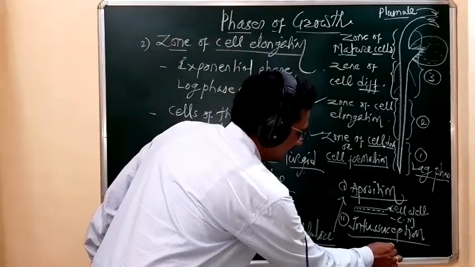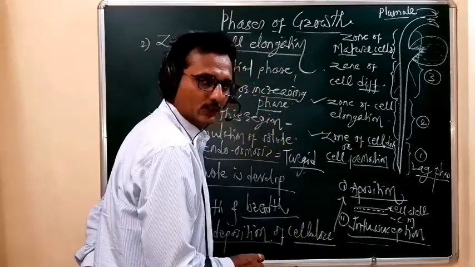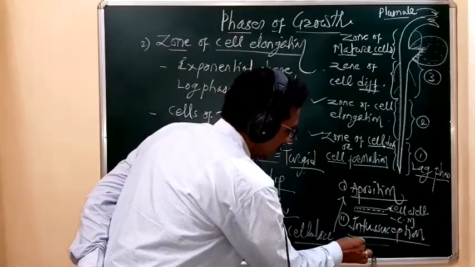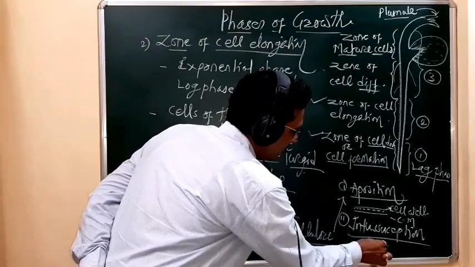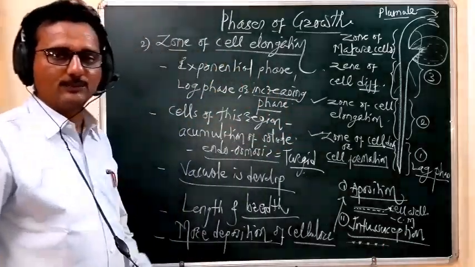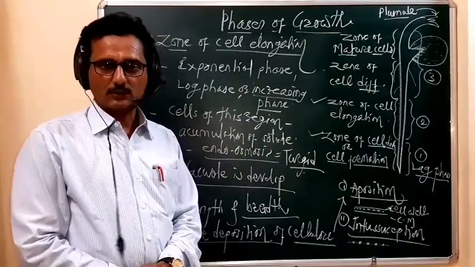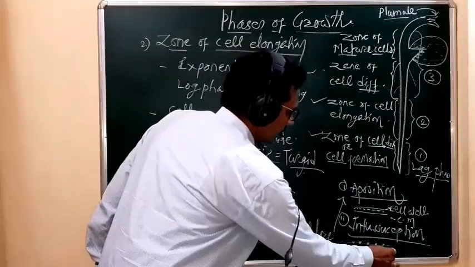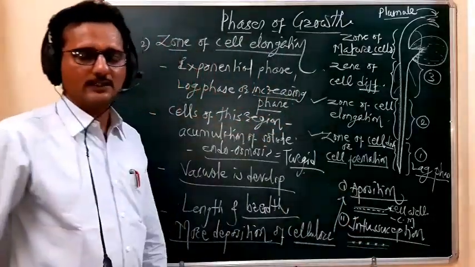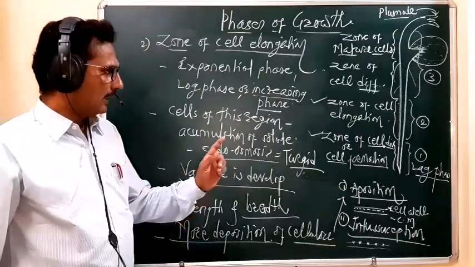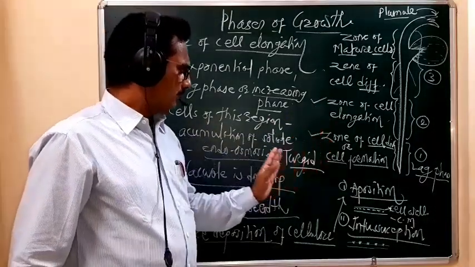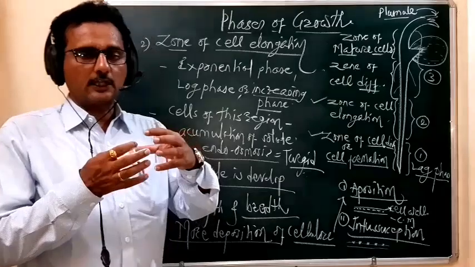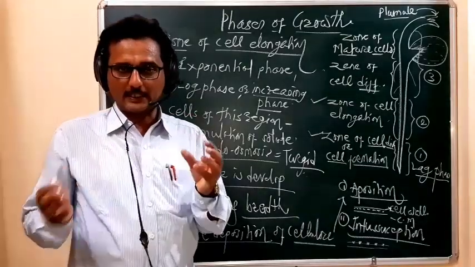Suppose this is the previously formed cellulosic cell wall. Then the new cellulosic molecules are deposited inside the previously formed cell wall. Such a type of deposition is called intussusception deposition of the cellulosic cell wall. As usual it is followed by the cell membrane, or plasma membrane. So remember, in the zone of cell elongation such changes took place, and because of this the cells get elongated.